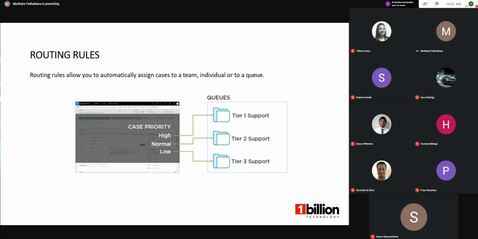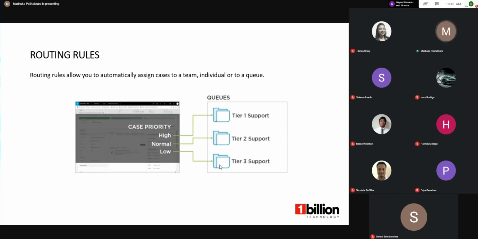So let's say based on the priority, we need to assign cases to different queues. As this image says, high priority cases should go to the tier 1 support team, normal priority goes to tier 2 support, and low priority goes to tier 3 support. Rather than remembering all that information, we can create a routing rule and apply that routing rule when required.